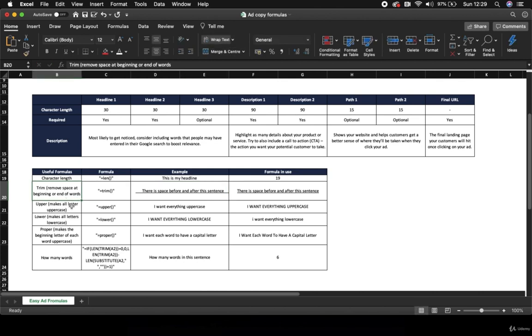Next up, you've got the trim formula. And this is useful to remove space at the beginning or ends of words. So you might have copied some text from a website and it might have copied with a space at the front or at the end. But when using the character formula for lengths, it will count a space. So if I add a space to the end here, you see that goes up to 20. So it might just be giving you an incorrect number there. So this basically just trims out anything that's either side of the words and removes it for you,